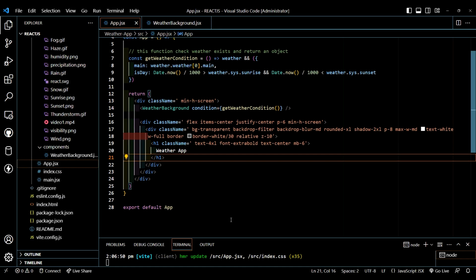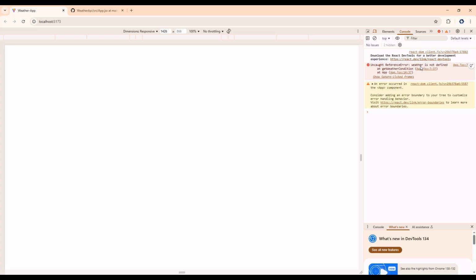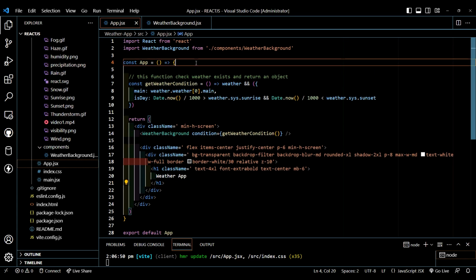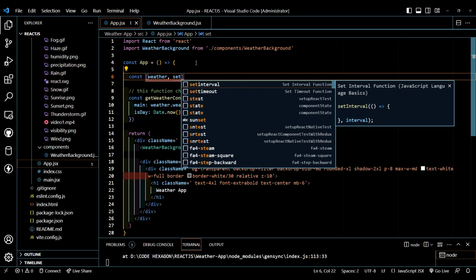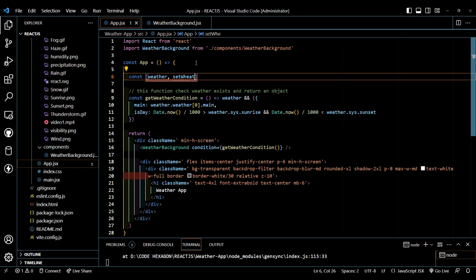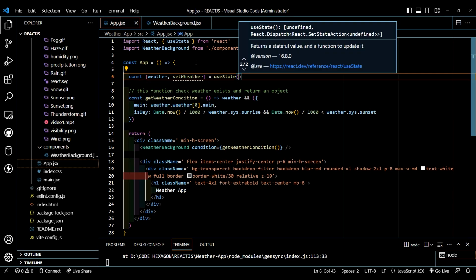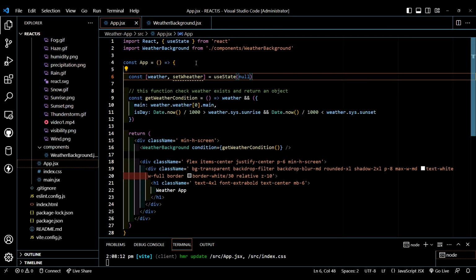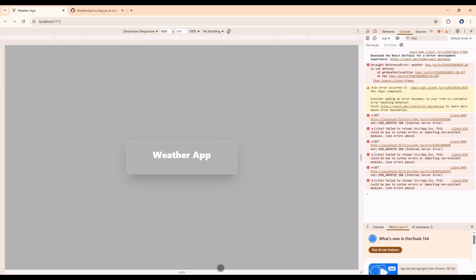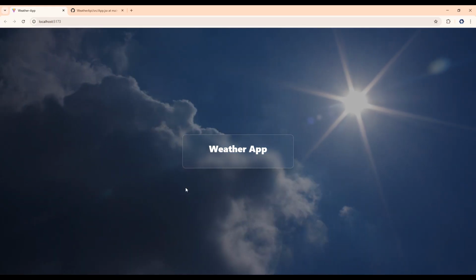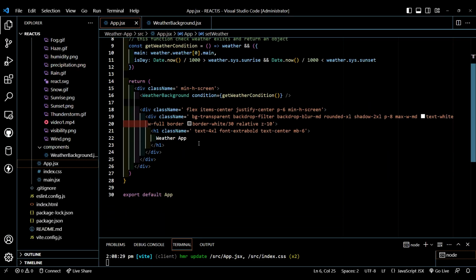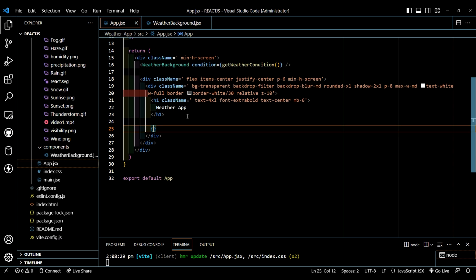and here in app component, now let's refresh this and see weather is not defined. Now let's type const weather, setWeather is equal to useState, define null. Now as you can see, it's present here. Now after this let's type weather,